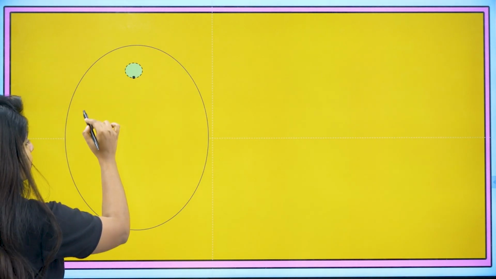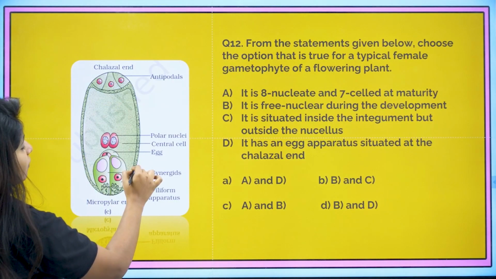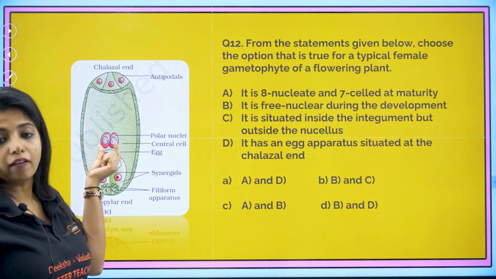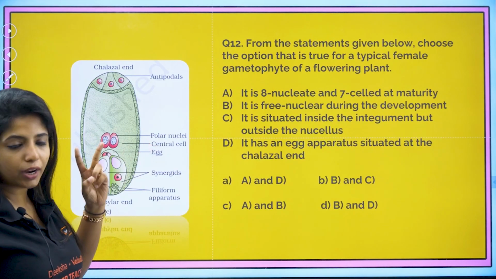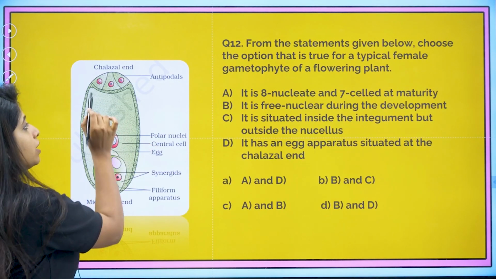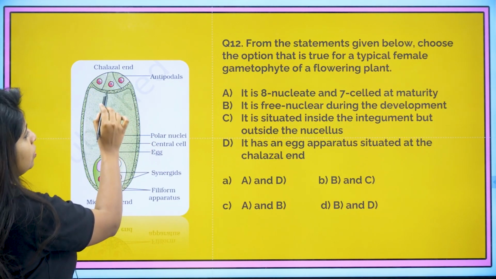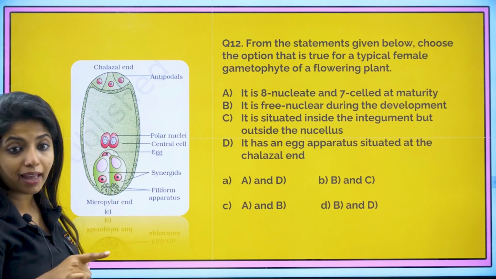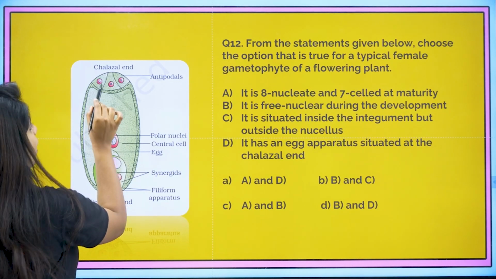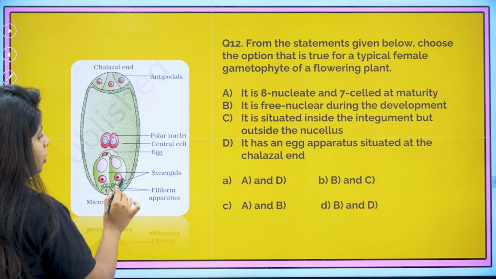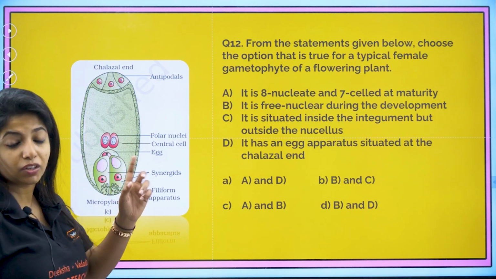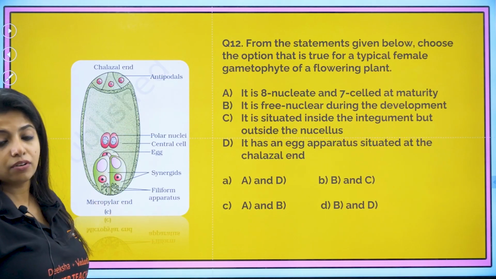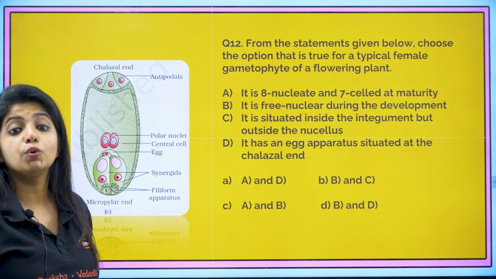And then, my dear children, there is a big cell out there which is known as the central cell, and the central cell will have 2 polar nuclei. So, if I talk about the nuclei, the red ones, 1, 2, 3, 4, 5, 6, 7, 8, 8 nuclei are there. But what about the cells? 3 antipodals, 3 synergids and egg cell make 6 plus 1. And then this whole thing is the 7th cell, that is the central cell. So, 7 cells are there, 8 nuclei are there.